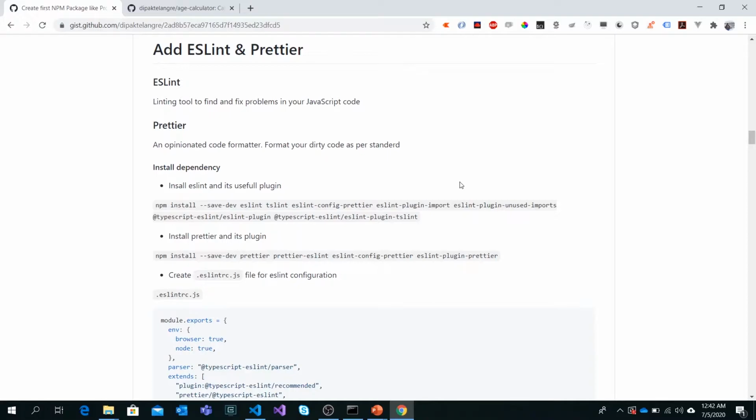There can be small issues like indentation, tab versus spaces, single quote versus double quote, trailing commas. There can be some issues with the code like using const versus let keyword, or unused variables, and a lot more. So in that case, linting and code formatting tools are really helpful.